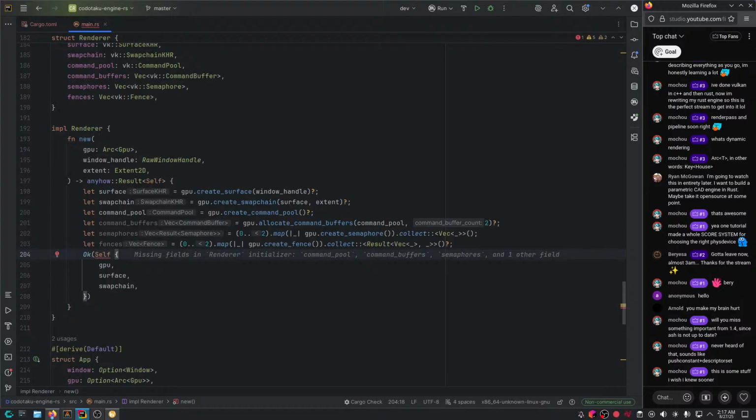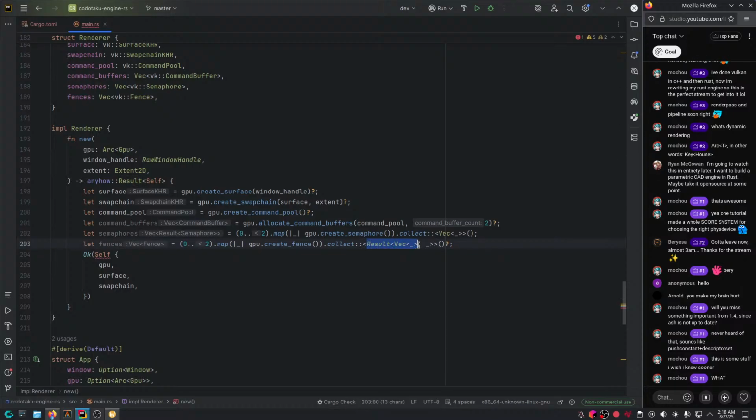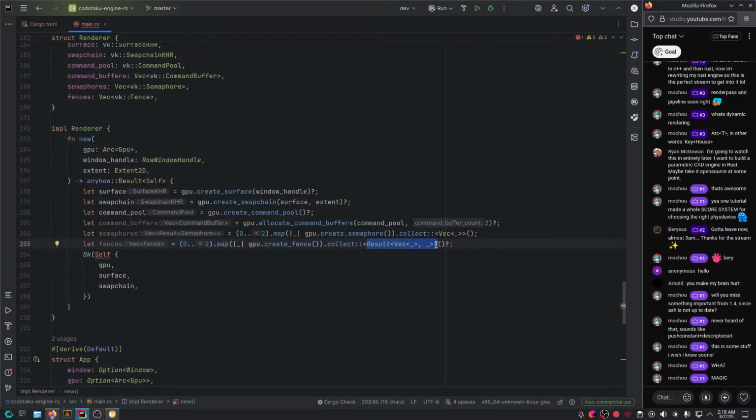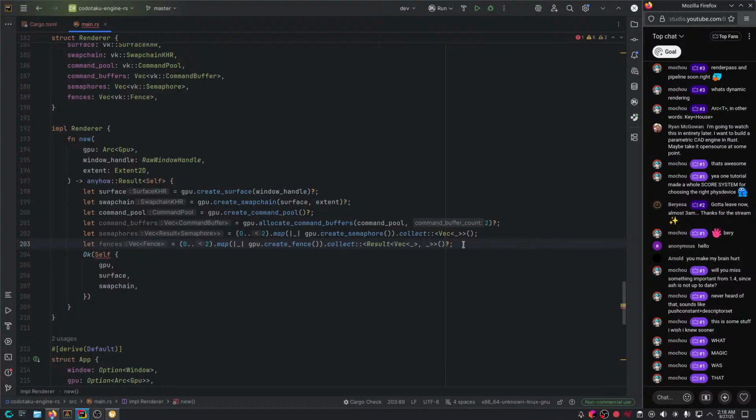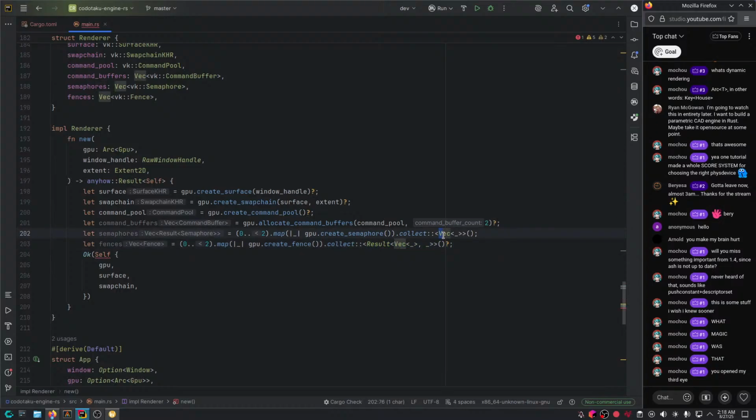Great, I haven't forgotten the Rust tricks, huh? So basically we had a vector of results, but we could turn that into a result of a vector. And then you could propagate that result. So freaking good. I love Rust, man. I really love Rust.